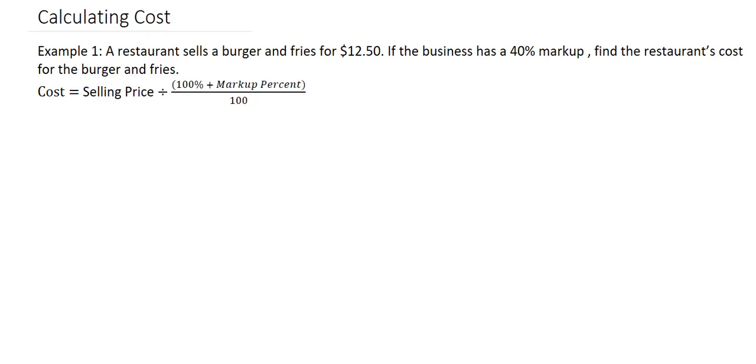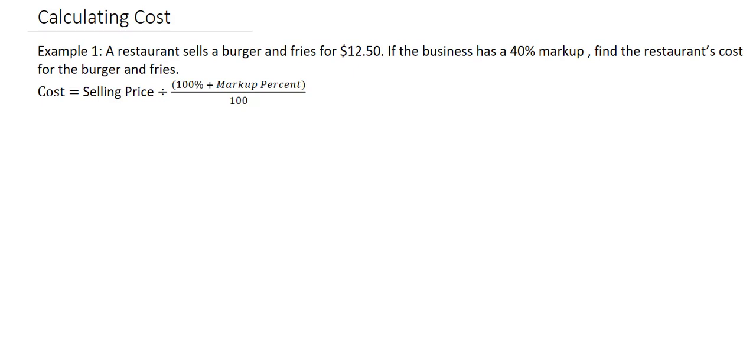Calculating cost. Example 1: a restaurant sells a burger and fries for $12.50. If the business has a 40% markup, find the restaurant's cost for their burger and fries. So the cost is going to be equal to the selling price divided by the 100% plus the markup percent